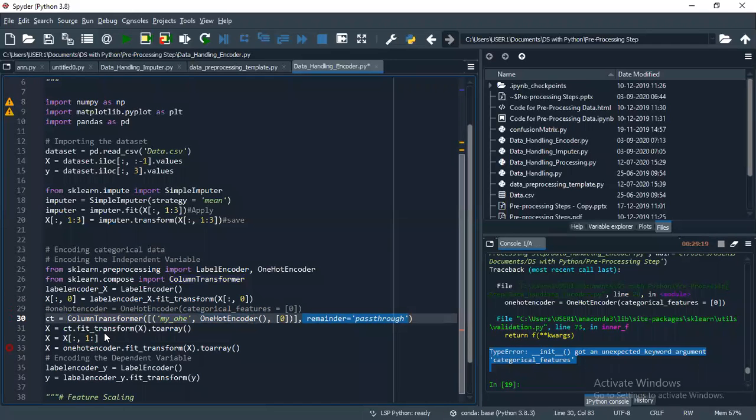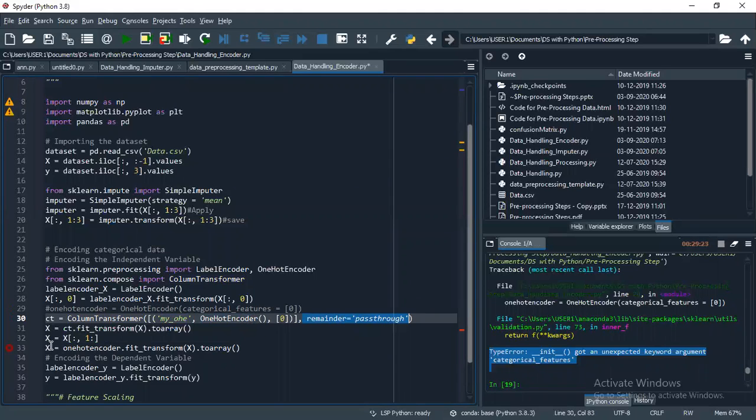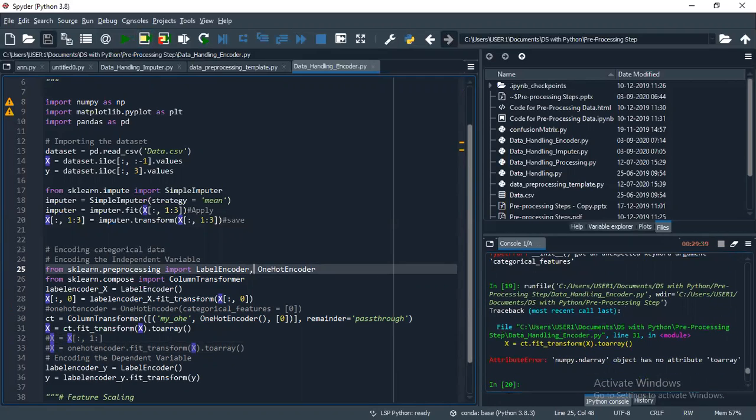And then the next thing is toarray. This fit transform toarray they just applied, and the same thing we need to apply here. Let me just try this without these things and see the result. Okay, now let me run the script.